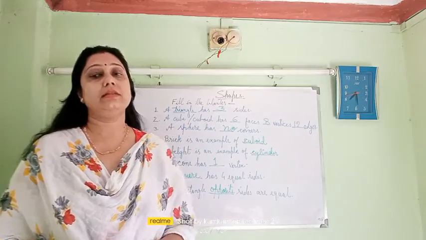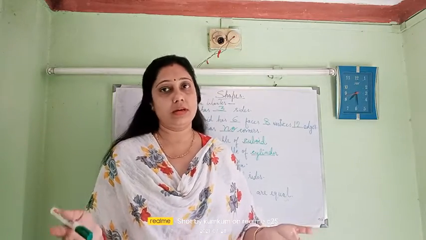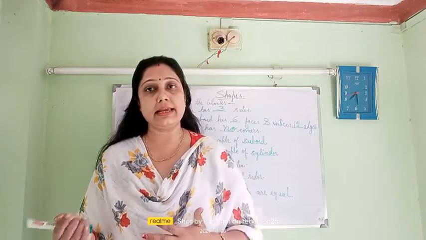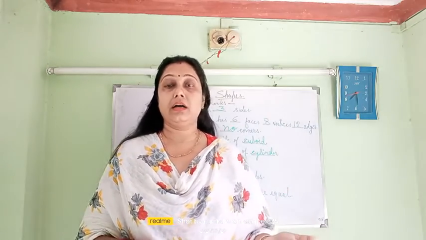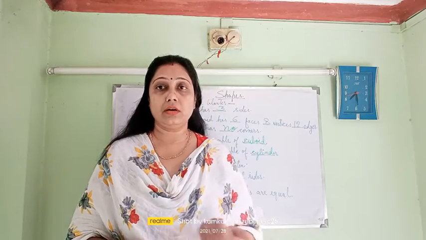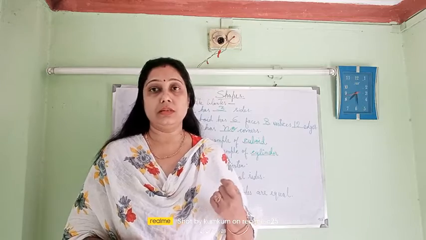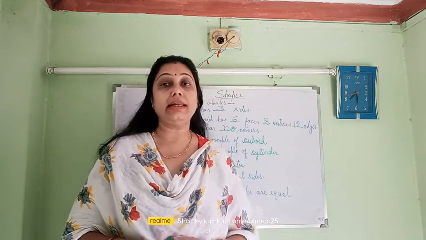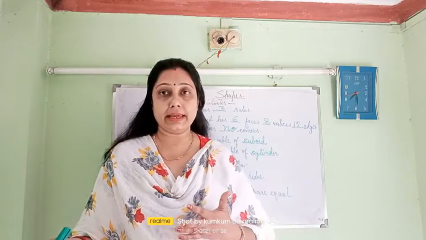So beside this, question may come, a circle has dash corners. A circle has no corners. A circle is drawn with a dash line. A circle is drawn with a curved line. Then a cube has how many corners? So the vertices, what will be used, I told you. So a cube has how many vertices? 8 vertices. So a die looks like a cube. A scale looks like a rectangle.